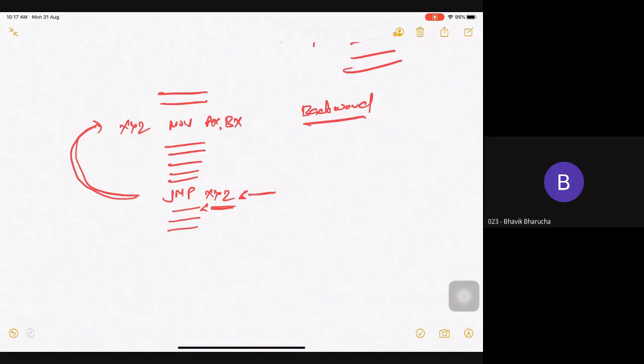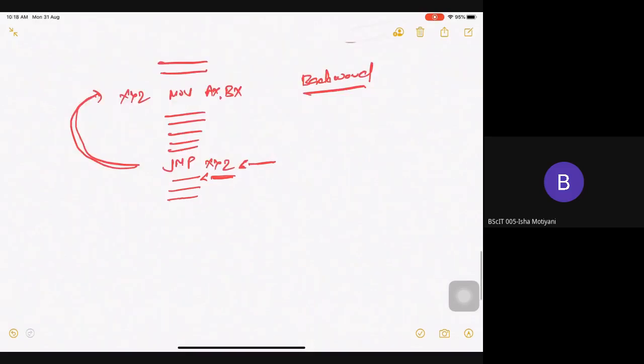Whenever you are executing any instruction, your instruction pointer is always pointing to the next instruction to be fetched. So IP will be pointing here. But after this instruction, your processor gets to know that I don't need to execute this line, but I need to go and execute this line.